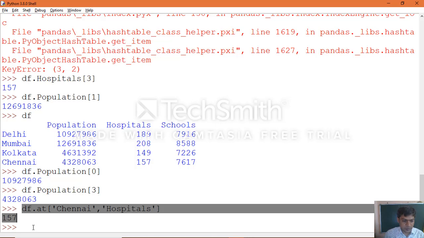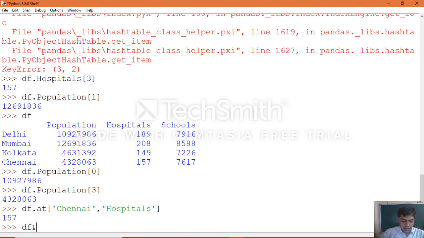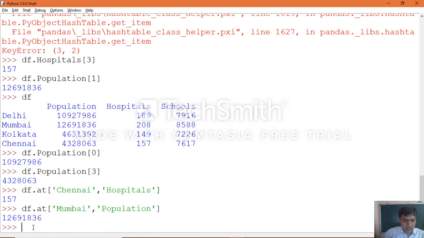In the same way, df.at of Mumbai as the row label, comma, the population column label. Now see the output.